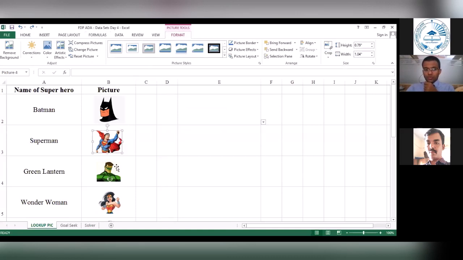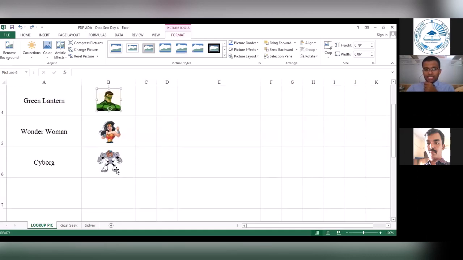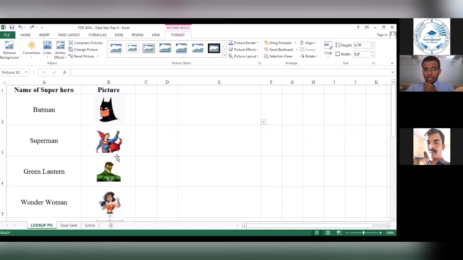In this case, what I've already done is I have actually sat and structured the data for you, because I didn't want to waste too much time making you restructure the data. But this is one prerequisite that you have to bear in mind whenever you try and apply the lookup functionality with picture. If the lookup functionality has to work perfectly fine with picture, this is one pre-requirement that you have to ensure.